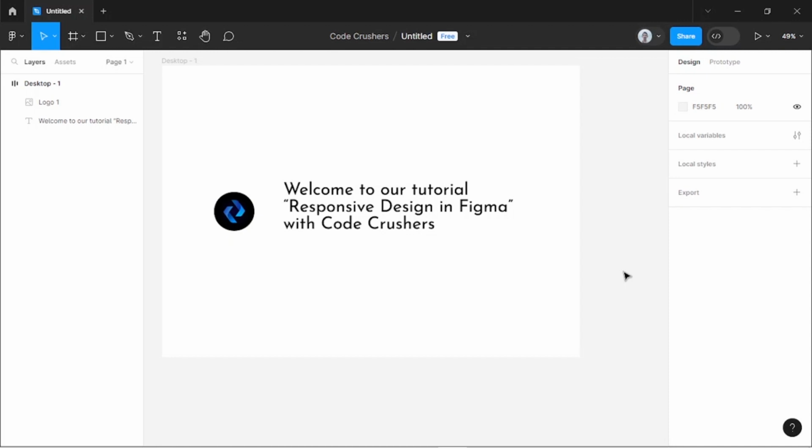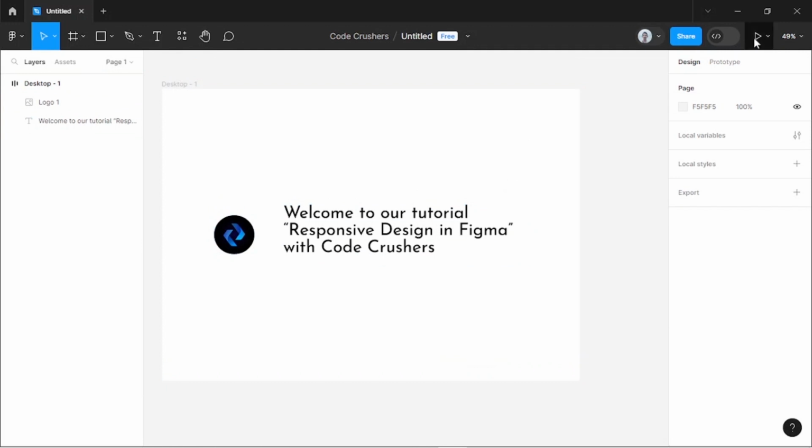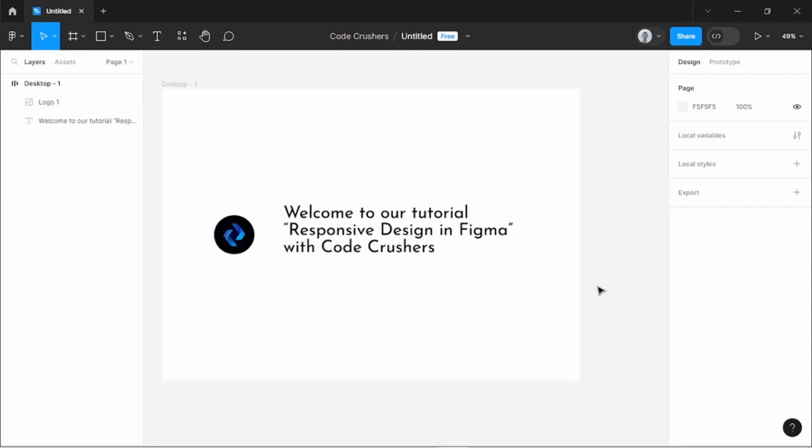Remember, it's essential to preview your design on various devices within Figma to ensure everything looks perfect. Of course, you will not preview your design like this. Figma has a strong preview feature that allows you to see how your design will appear on mobile, tablet, and desktop screens, giving us a realistic view of the final product. Okay, now we will test